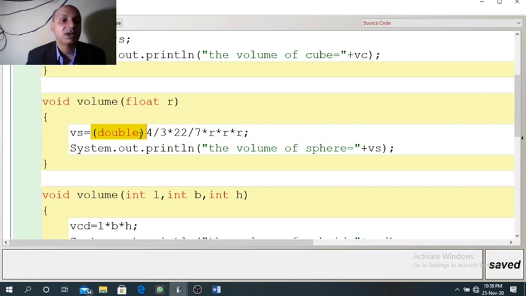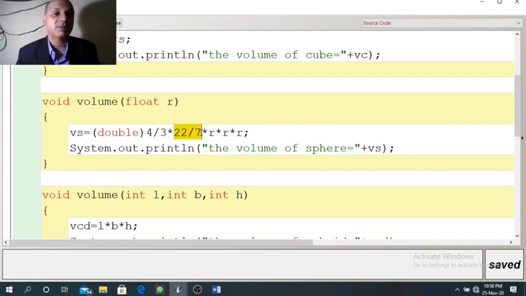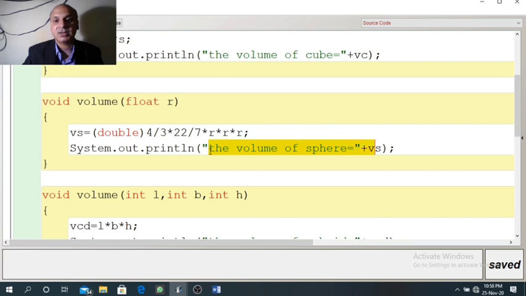That is why typecasting is done. So it will become 4.0 divided by 3 and the result will be multiplied with 22 by 7. So 4 by 3 pi r cube. Instead of 22 by 7, we can write 4 Math.PI function also. Now we can print the volume of sphere with a message.